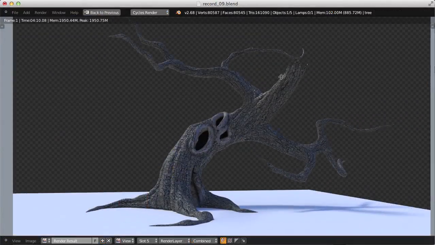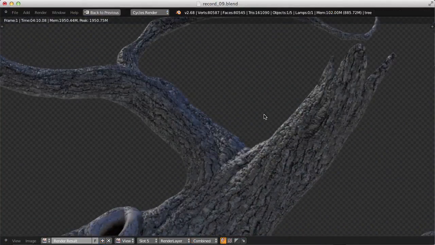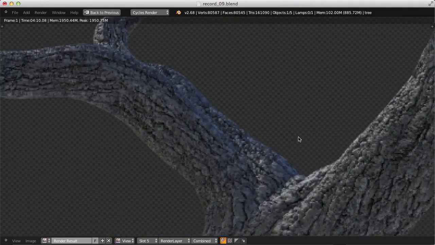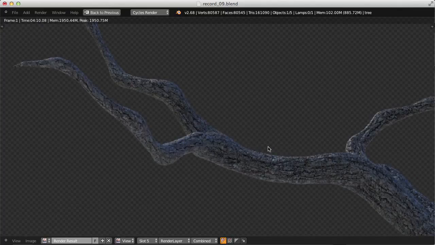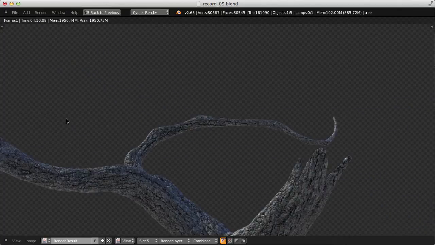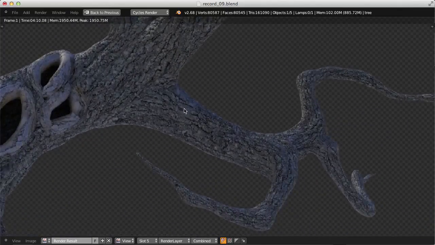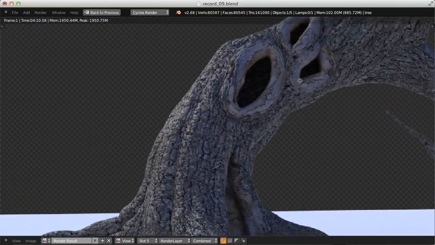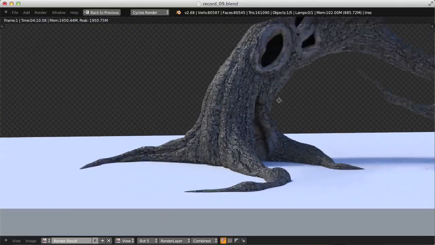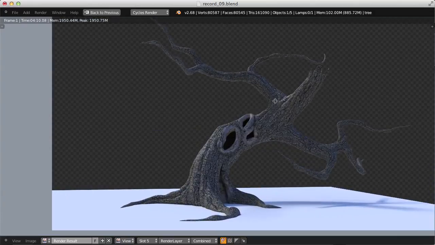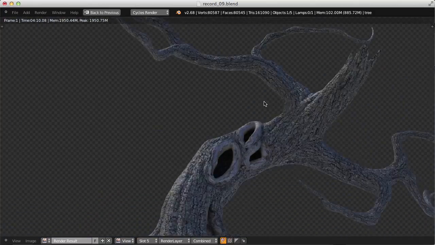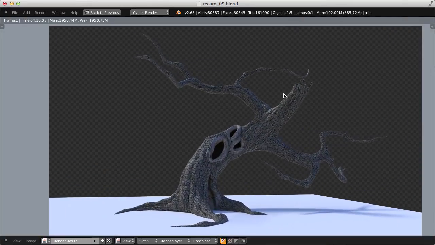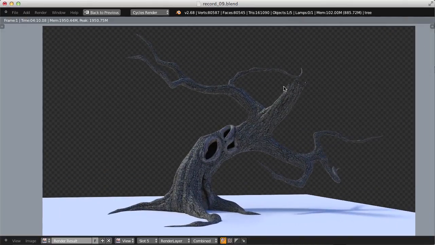And this is what the whole tree looks like. We can see a lot of high frequency detail and this blue rim light, the Fresnel effect reflecting the sky, which looks pretty cool. And yeah, I really like the way this shader's turning out. In fact, I think I'll call it done, which leaves only one more thing in the creation of this tree asset,